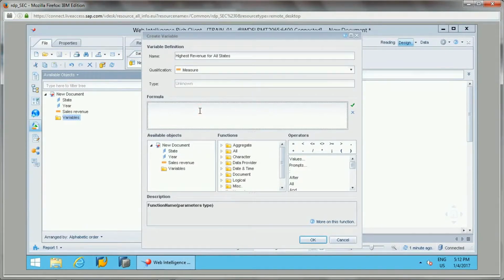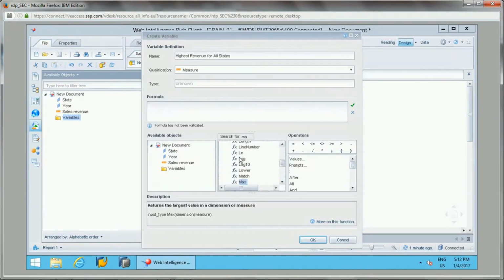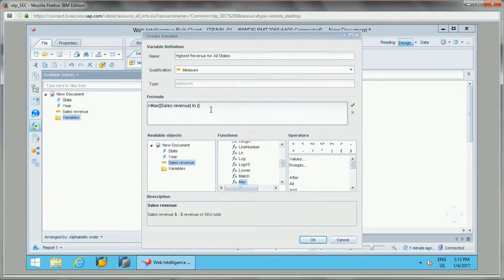For this I will say Max of Sales Revenue, but we need to specify the input context as well, meaning on which basis we calculate the data.